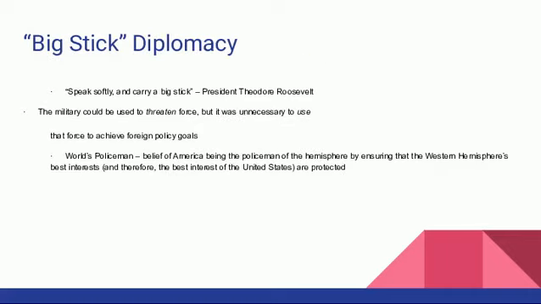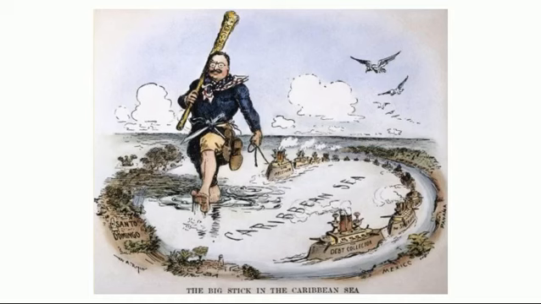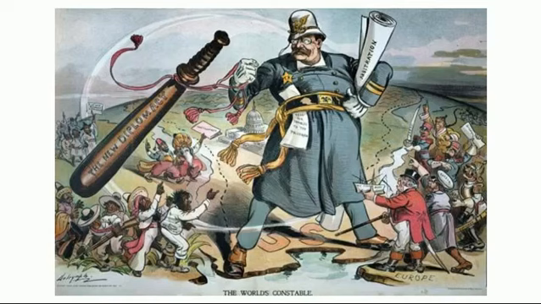Big stick diplomacy is the one I would star. This is the one I've talked about previously. And if you want to highlight that, speak softly and carry a big stick. This is what America says. Basically, you listen to us or we're going to fight you. So we speak softly and kindly, but we're always ready to do what is necessary, which is why you see that big stick in the Caribbean Sea. That's all about Cuba. And then you also have that new diplomacy. It's all about that big stick diplomacy of going to other nations.